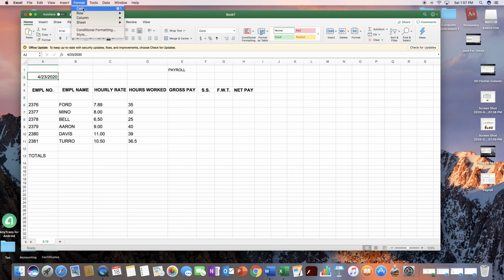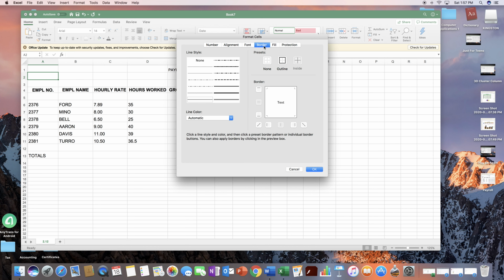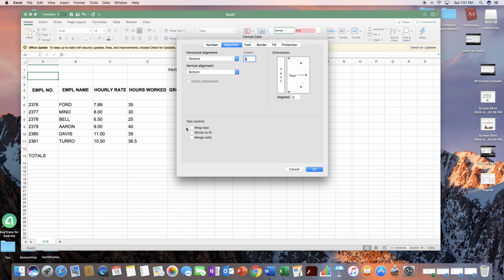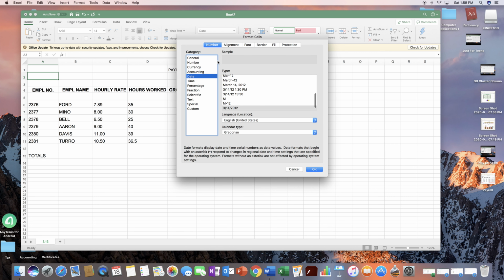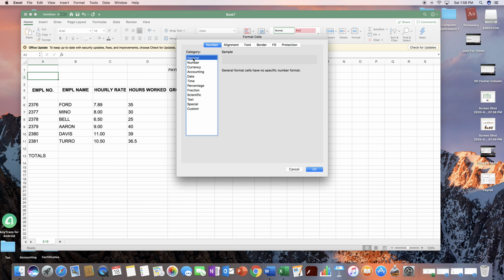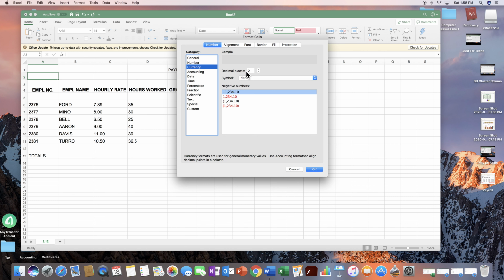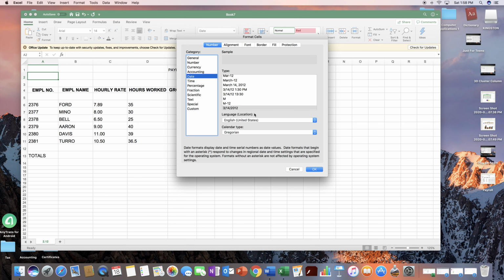You can go to Format and Cells. So you make sure your active cell is where you want the date to be, and you go to Format and Cells. Before we were in the borders, and there are different things you can do with alignment, and wrapping text we'll talk about. Number is just putting it back to normal, general. If you want a currency, you can do negative numbers here, 2 decimal places, you can put dollar signs. But what we're looking at is date. This is the different formatting you can have. So if you wanted that format, you click there,